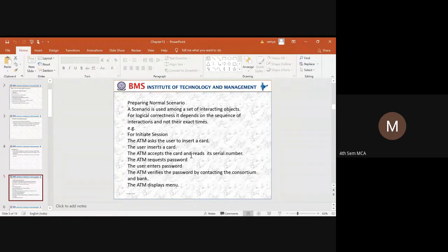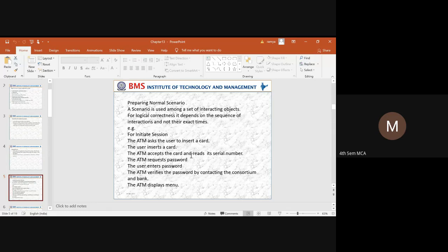It will verify the debit card number and the password, whether they match. If they match, the ATM machine will display the menu. If the user provides the wrong password, what happens?